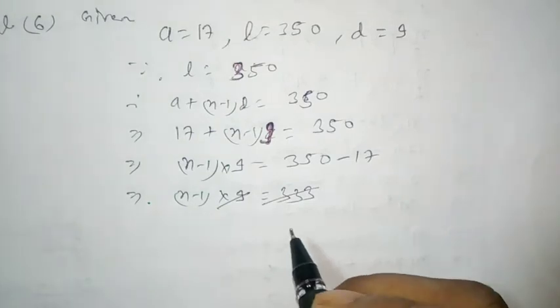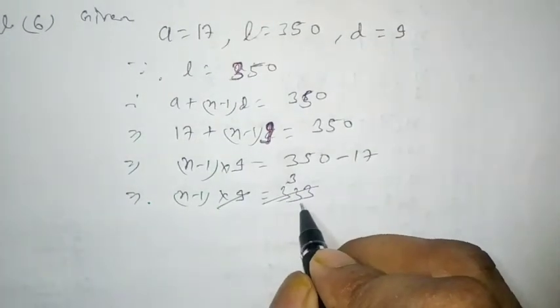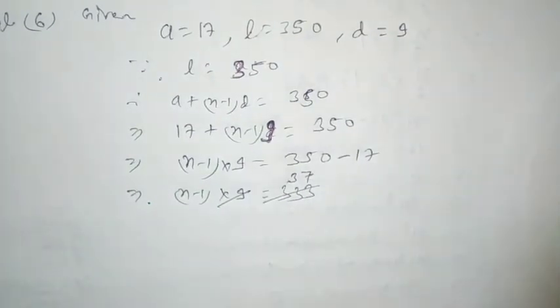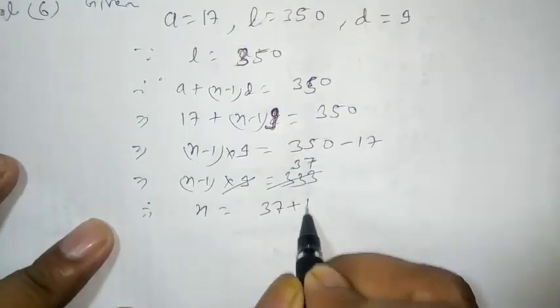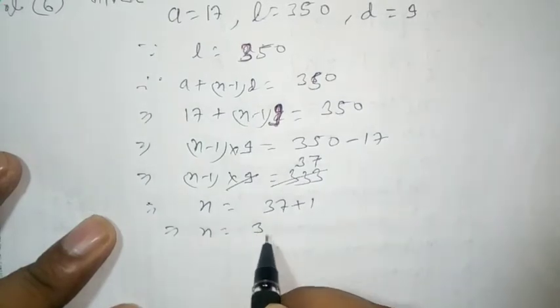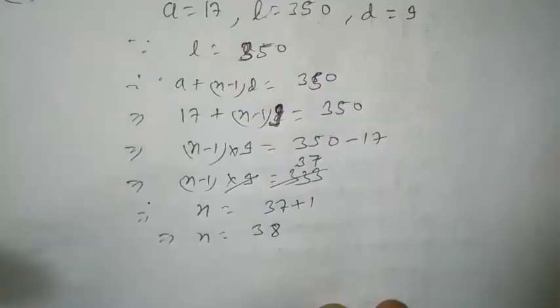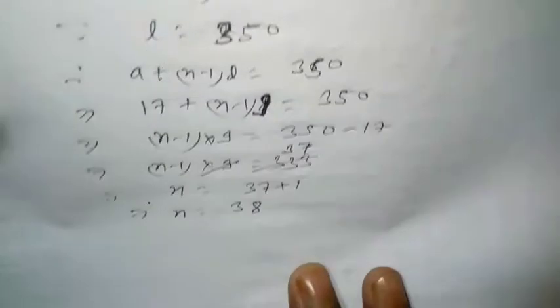333 divided by 9, then we get 9 3s are 27, 9 7s are 63, implies n is equal to 37 plus 1, implies n is equal to 37 plus 1 is equal to 38. Now